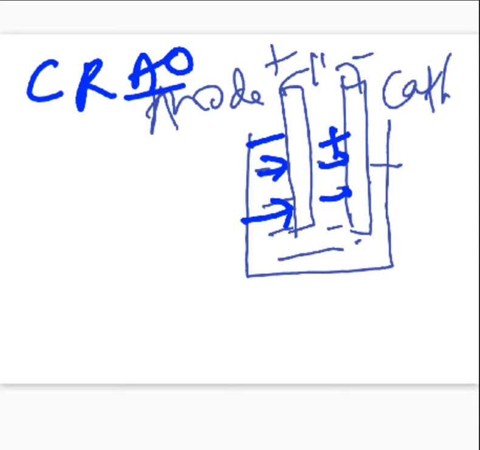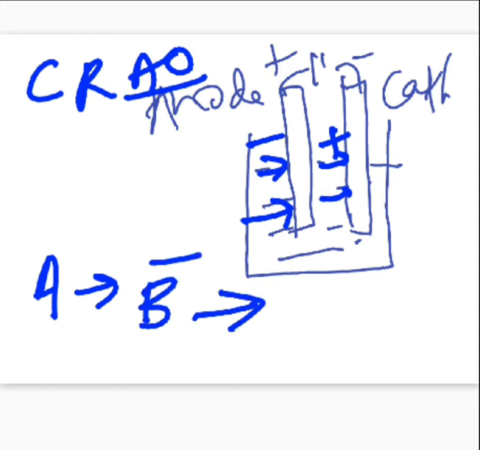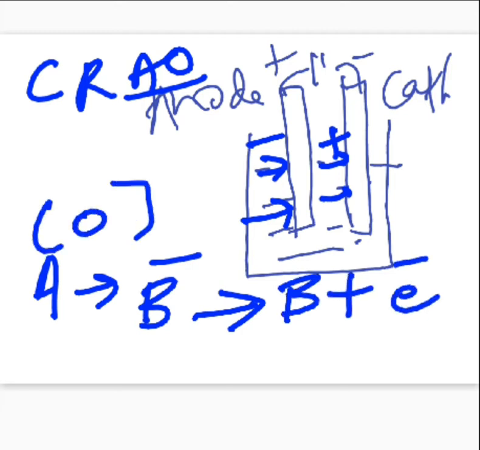So the anions, when they reach the anode, what will they do? They will start showing oxidation. That means at anode there will be loss of electrons, right? So that I can represent at anode, right? Say the ion is B minus and it starts losing electrons, so converts into B plus electron. That is, oxidation is taking place, right?